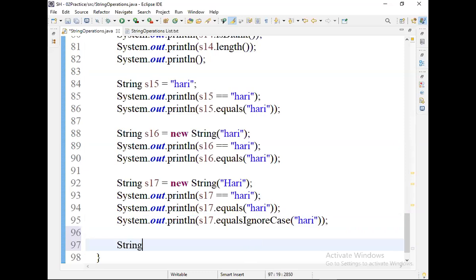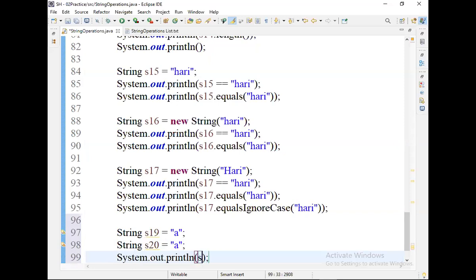Now I'm trying to write something like this. String S19 equal to A, string S20 equal to, I'm writing double quotes A. System dot out dot println, double quotes S19 equal to S20 plus S19 double equal to S20.